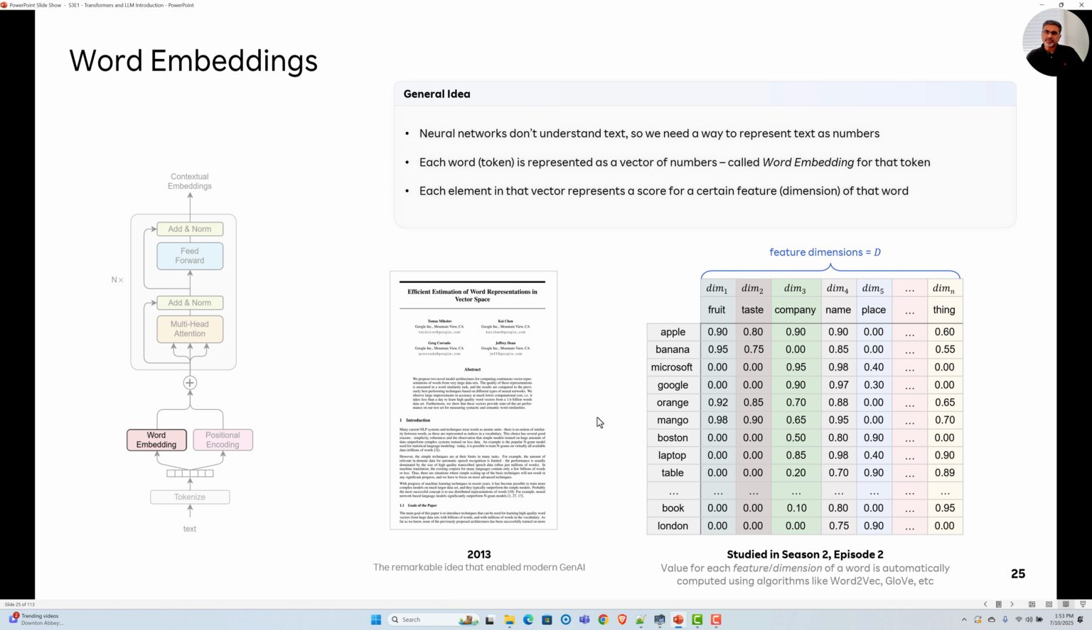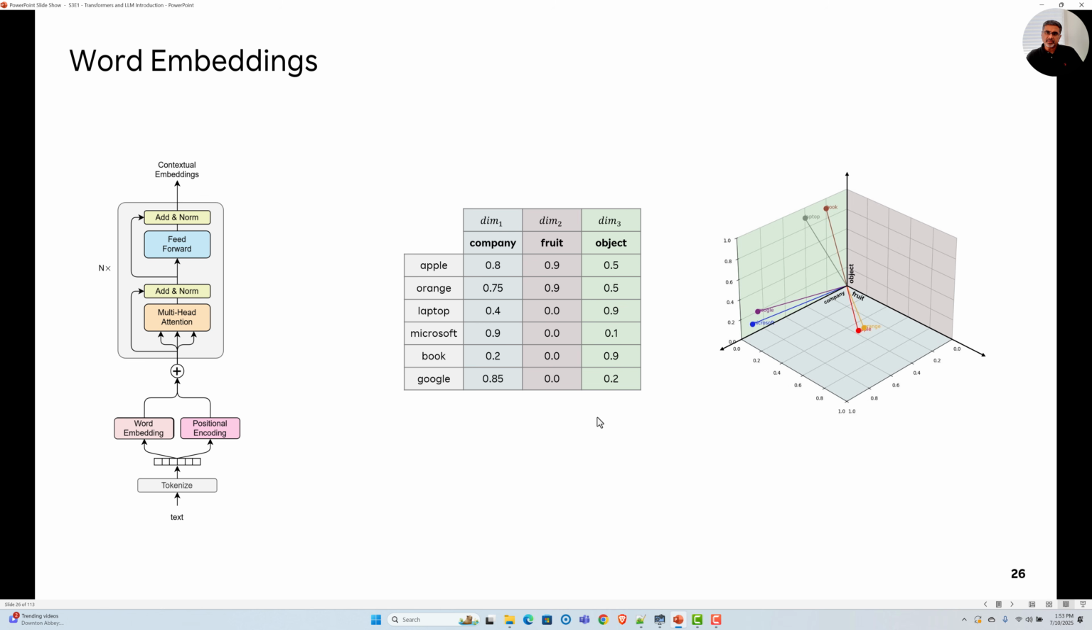And one of the beauties of something like this is that now you can use math to figure out what words are related to each other, what words are unrelated to each other, what words are opposite to each other. And the way you do that is, let's say that you just have 3 dimensions. I just show 3 dimensions because as humans, we can only see something in 3 dimensions. Now you take 3 dimensions only, and then you plot, let's say, the words Apple, Orange, Laptop, Microsoft, Book, and Google on a 3-dimensional graph. And let's say this dimension is company, that dimension is fruit, and this dimension is object. And depending on the values that you get out of this word embedding technique,